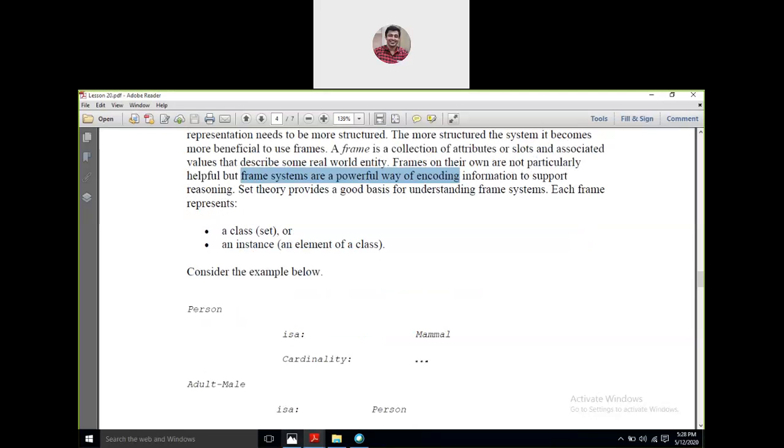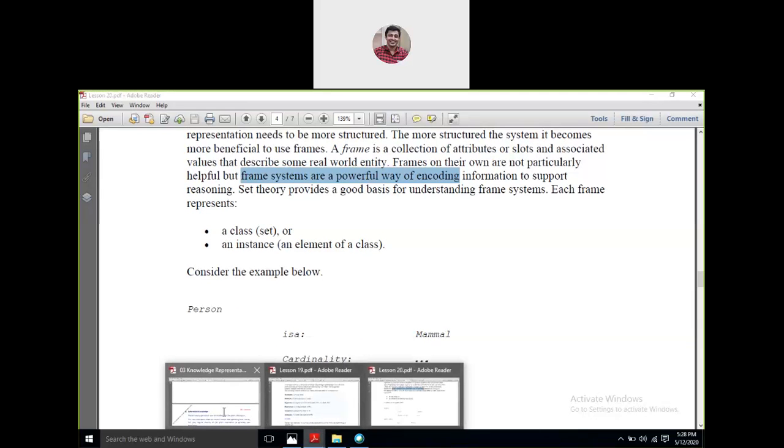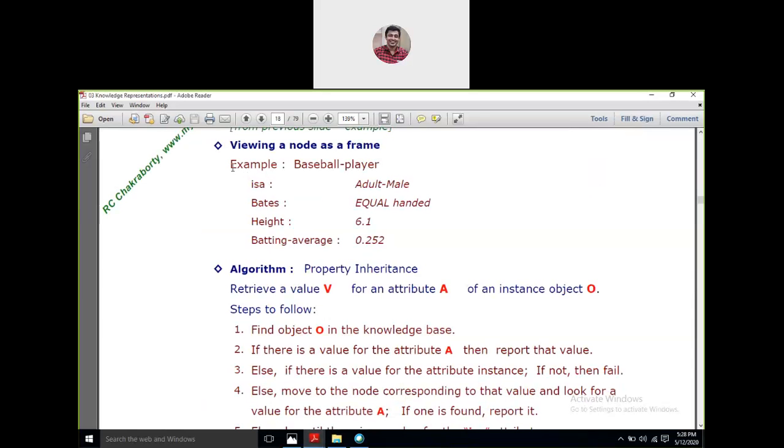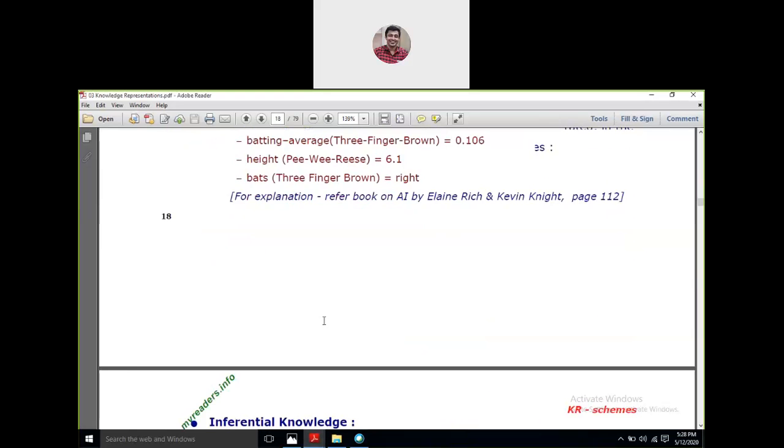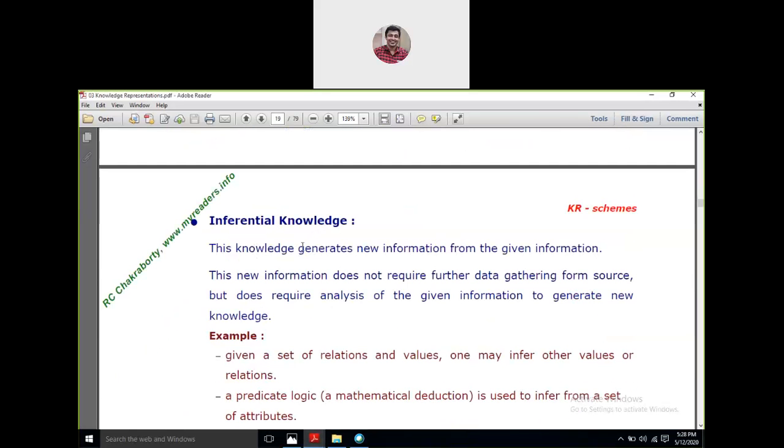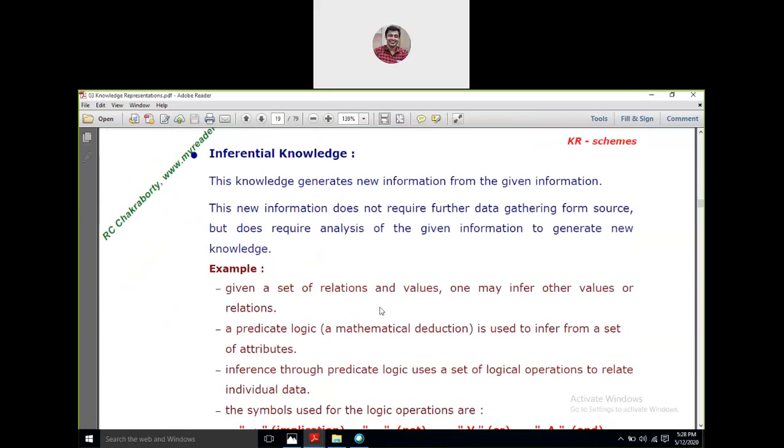Now you might be feeling a little where I am taking you. So the lecture slide that is there with you here, from this part onwards, from here to this description, that means viewing the model as a frame. Then for this algorithm for property inheritance, this thing becomes much more clear. And before we move on to this inferential knowledge part, for the description of it, it is better to know this thing out here. So let us talk about this. We are having a class and we are having an instance set out here. Before I talk about the class and the instance set, there is something that you need to know before we go with the example of it.